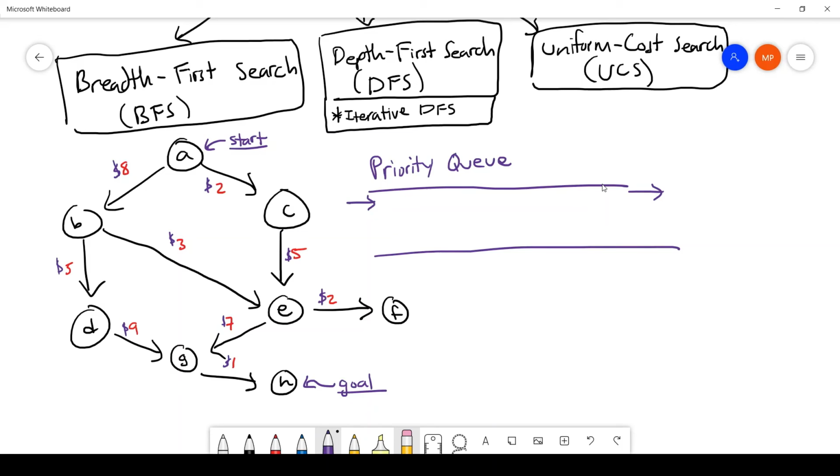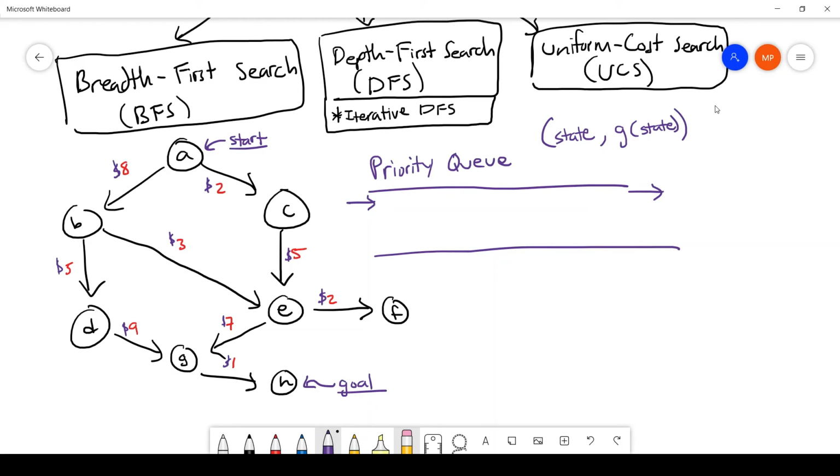That value is going to be the total cost we've seen thus far. That total cost we'll call G, which can stand for the gain, the amount we've gained so far from the start. And so we're going to pass in these pairs of a state and then the gain to that state,